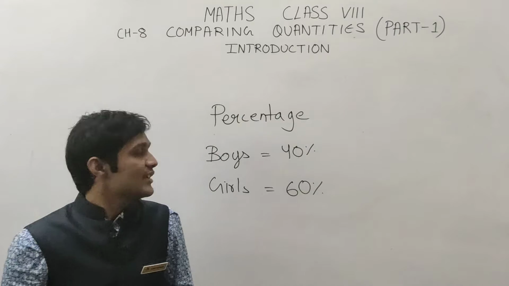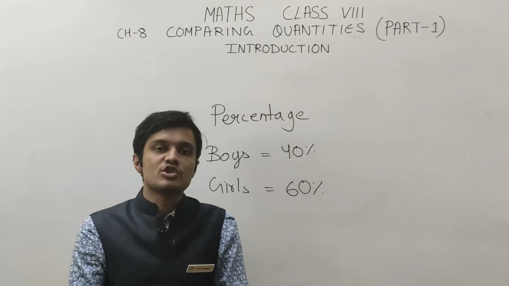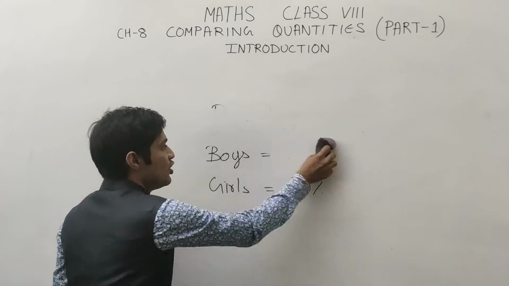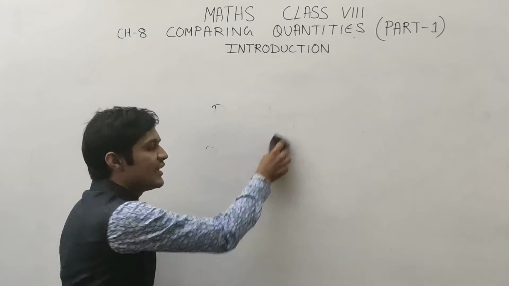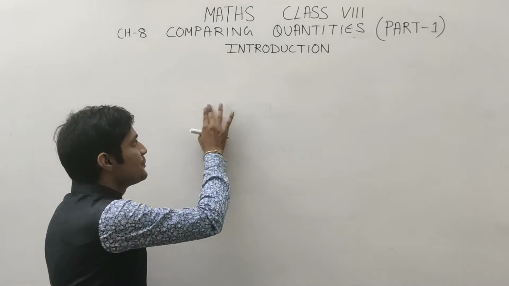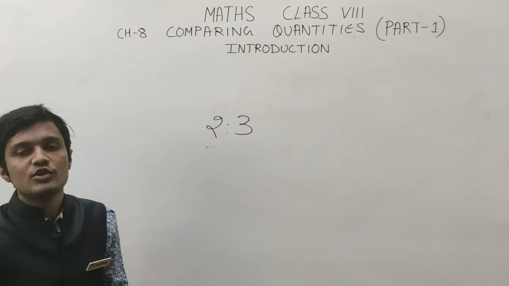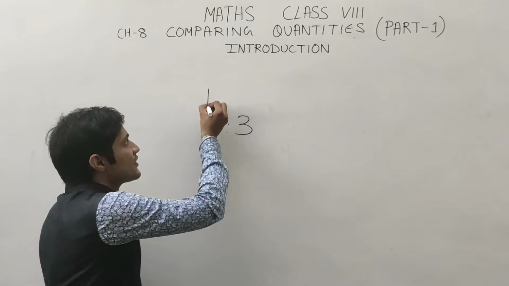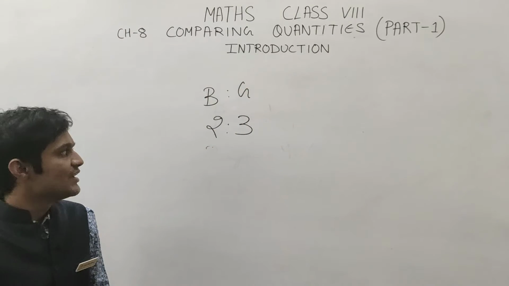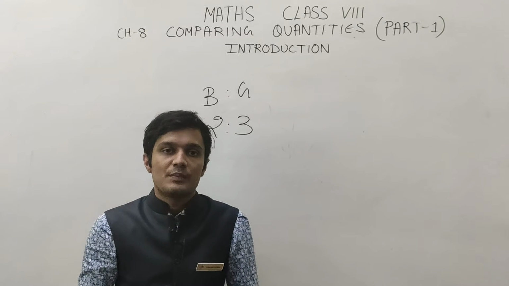Now the second thing after percentage is how to convert a given ratio into percentage. If a quantity is given in ratio, then how can you change the quantity into percentage? For example, if you want to change this 2 ratio 3 into percentage, suppose this is the ratio of again boys and girls in a class, and you want to change this ratio into percentage.